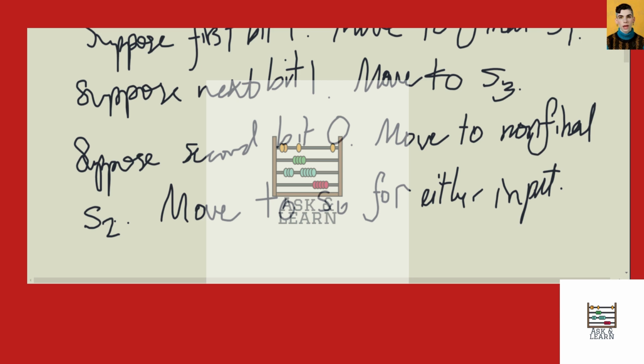So if the third bit is a 0 or a 1, this will give us 1, 0, 0 or 1, 0, 1. And we see that this is actually going to create a cycle